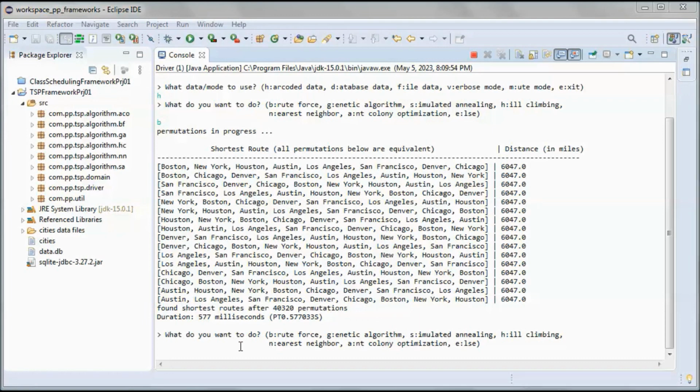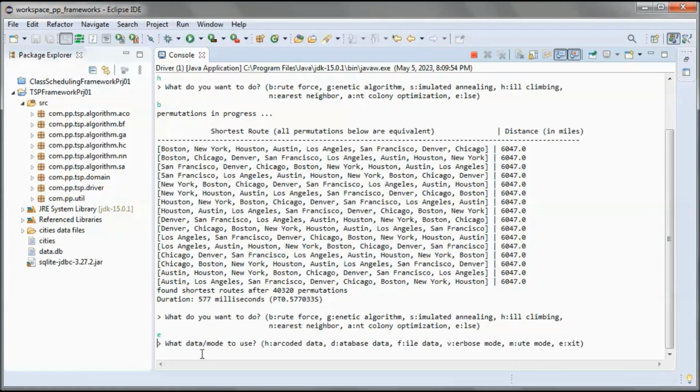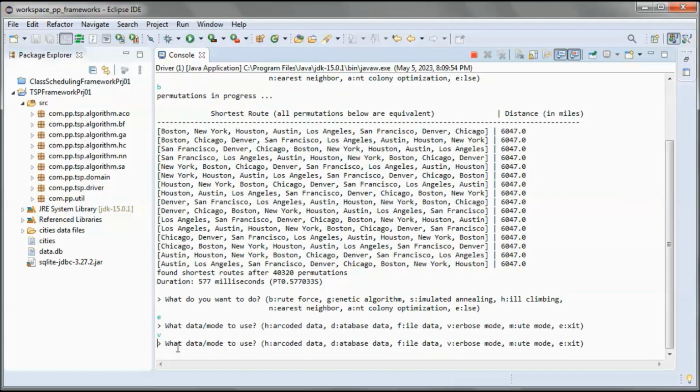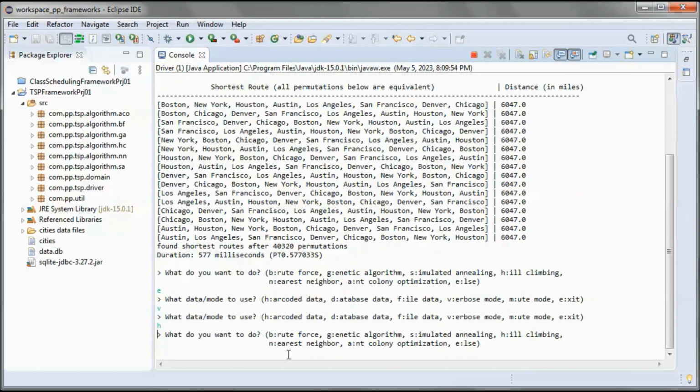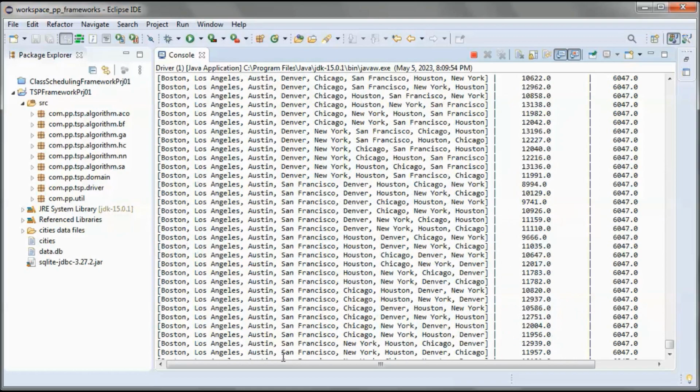And we can do the same thing except run in verbose mode. So let's use verbose, and still use hard-coded data and do brute force.